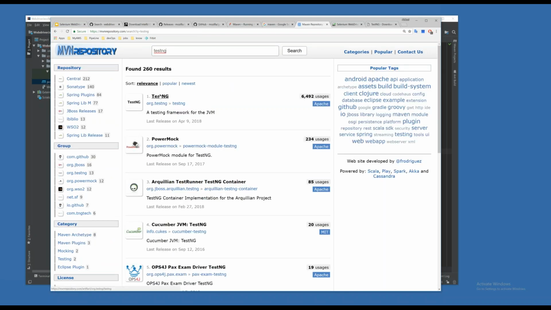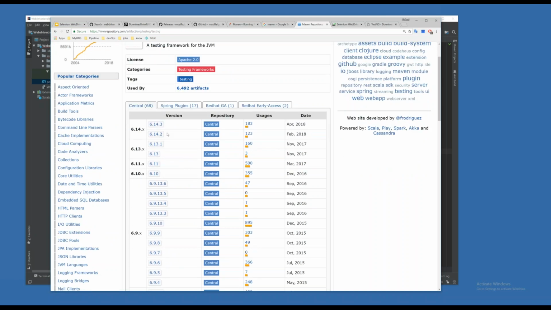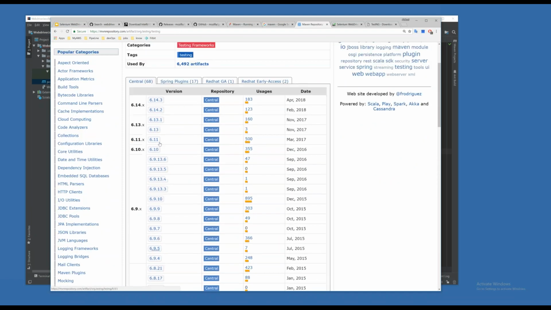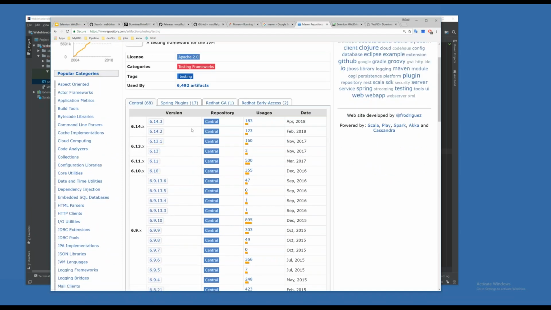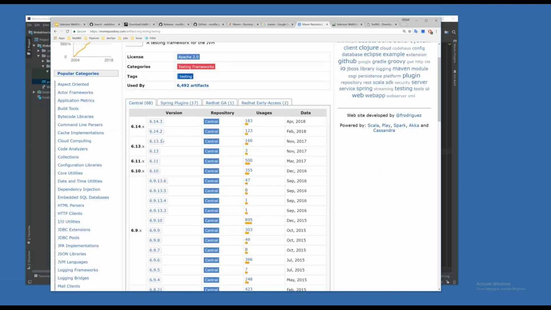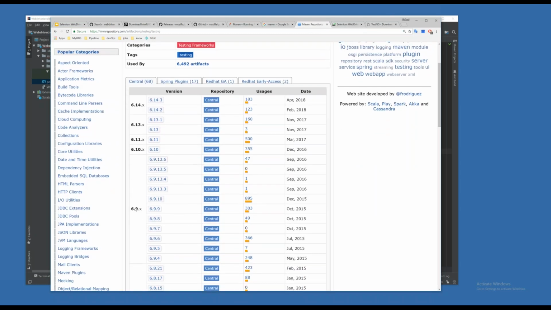And here we go, it's here. I'm going there, and I can see that central repository has this many versions of TestNG, but I want to include maybe the latest one, and I'm checking the official documentation that says 6.10. Going back to Maven, it's even newer here in Maven than in official, so why do I have to go with that one? But unless we have some requirements for our project,